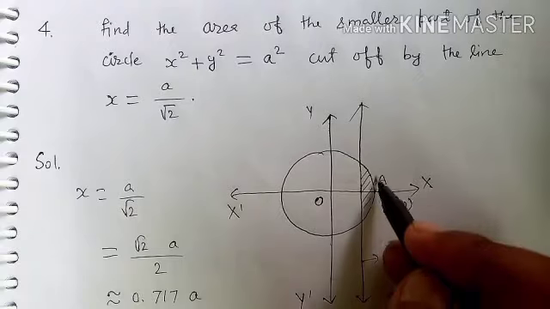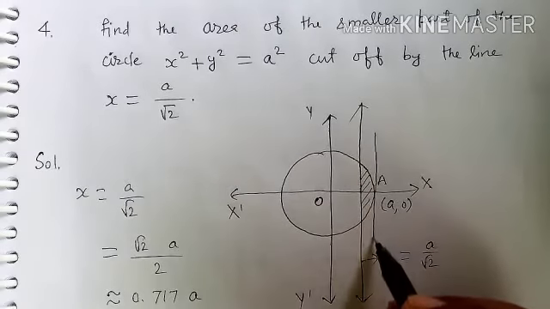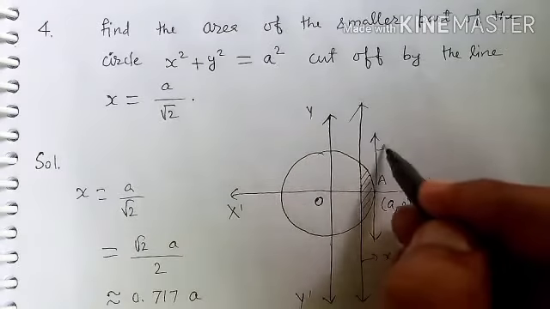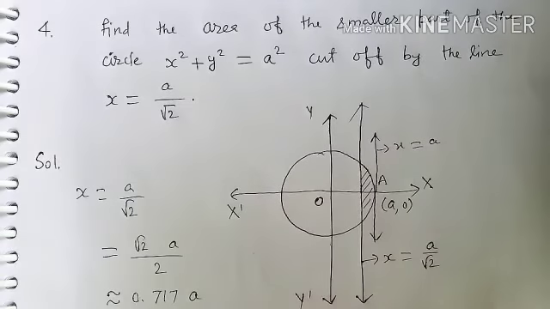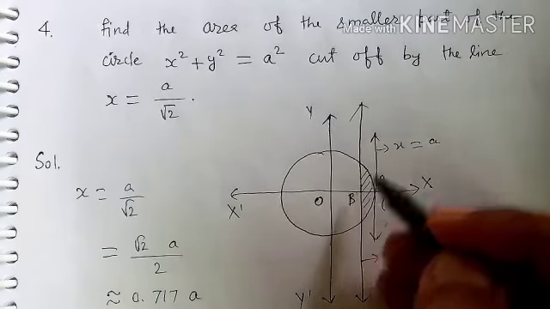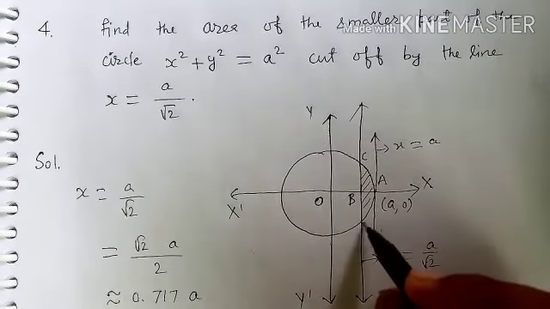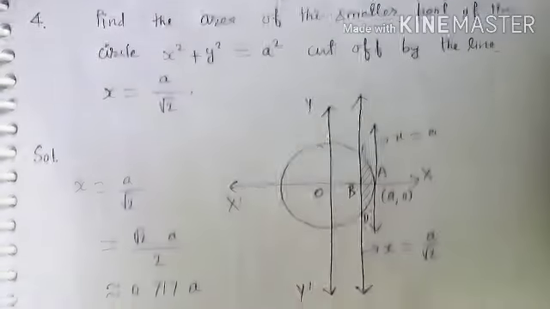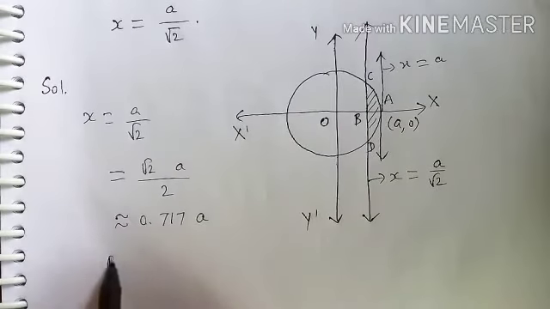We know this line will be x is equal to a. So required area, suppose this is B, this is C, this is D. Required area